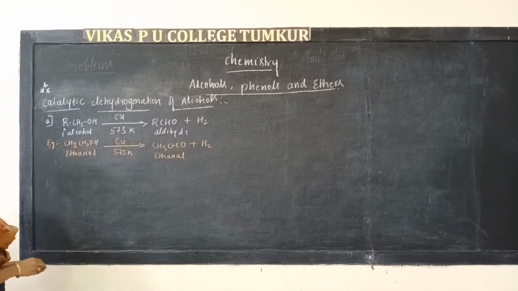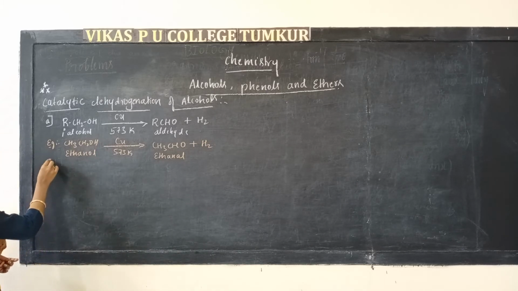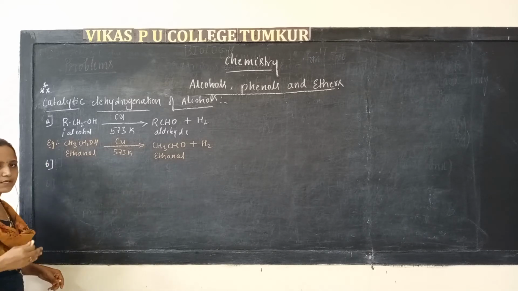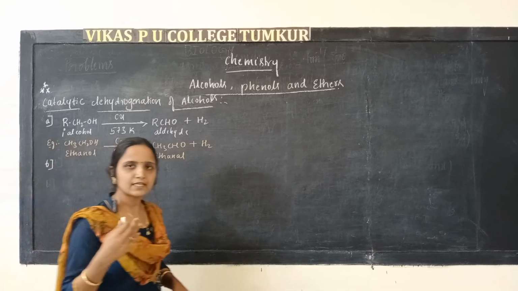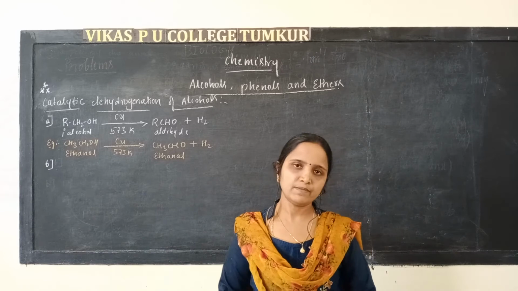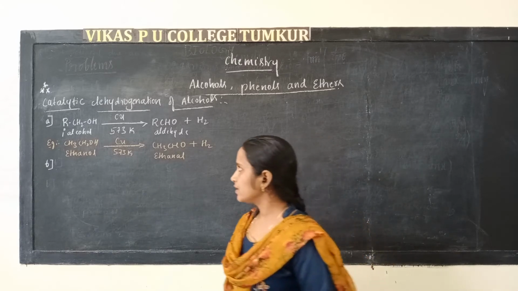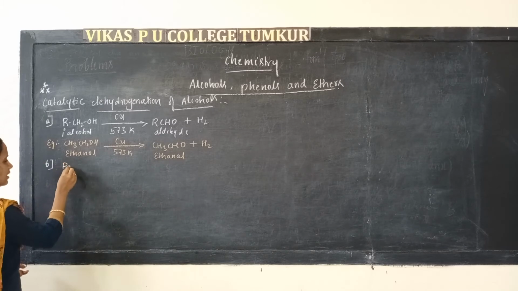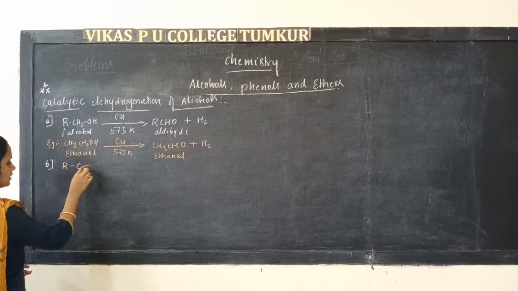Then the vapors of secondary alcohols are passed through red hot copper at 573 Kelvin. It undergoes dehydrogenation, and the ketone is formed. Generally, we represent the secondary alcohol as